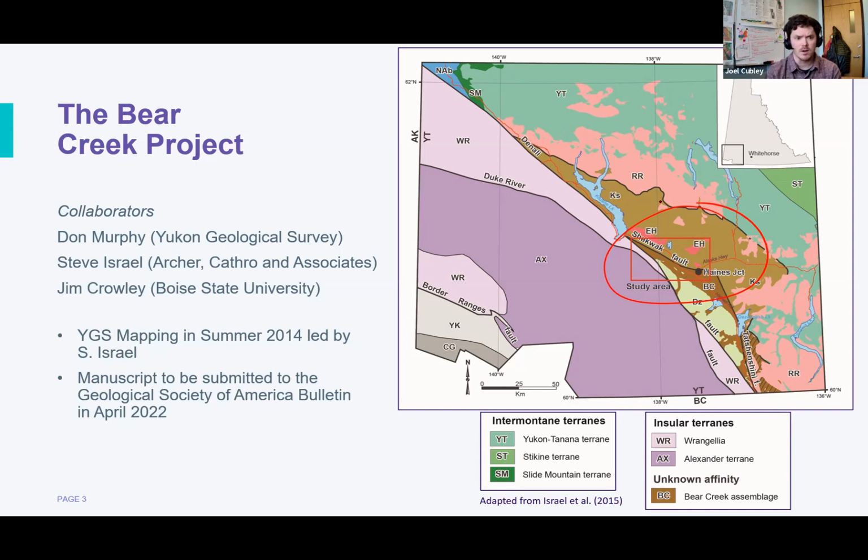The motivation for mapping here was just that there was a package of rocks, the Bear Creek assemblage, that was very poorly understood. It had historically been assigned to another geologic unit, but some preliminary investigations by Steve Israel had basically identified the fact that it didn't fit. That's all well and good, but the uncertainty around the Bear Creek assemblage, and the importance of it, was amplified by the fact that it sits on a major geologic boundary between large groupings of